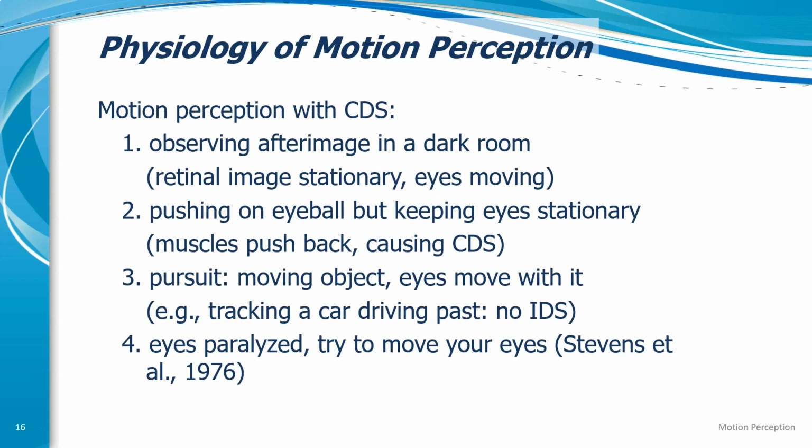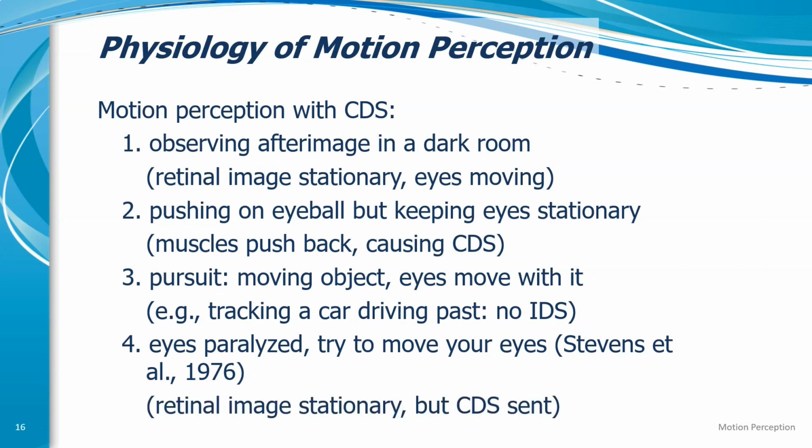Now, if your eyes are paralyzed, try as hard as you might, you cannot actually move your eyes. Now, this means the retinal image is stationary. There's no IDS, but your brain is continuing to try to send messages to your actual eyes, but it's also sending that CDS. It's a bizarre phenomenon in which the person is lying there. Their eyes are paralyzed. Their eyes are not moving. They're staring straight ahead. And you say to them, okay, now move your eyes to the left. And they'll try to do that. And their eyes won't move, but they'll go,